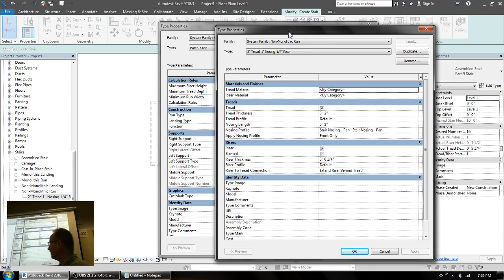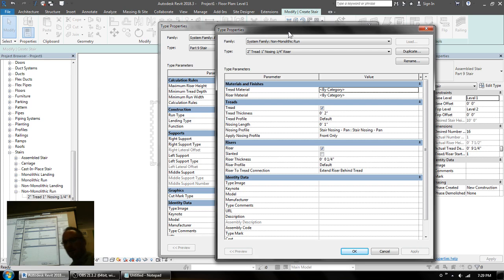Now I wish to goodness that the designers of the software would make an actual piece of construction that matches what's out there. You can only get 2-inch treads if you go to a mill and get them made to a custom thickness. You can't buy 2-inch thick lumber from the lumberyard. So what I'm going to do